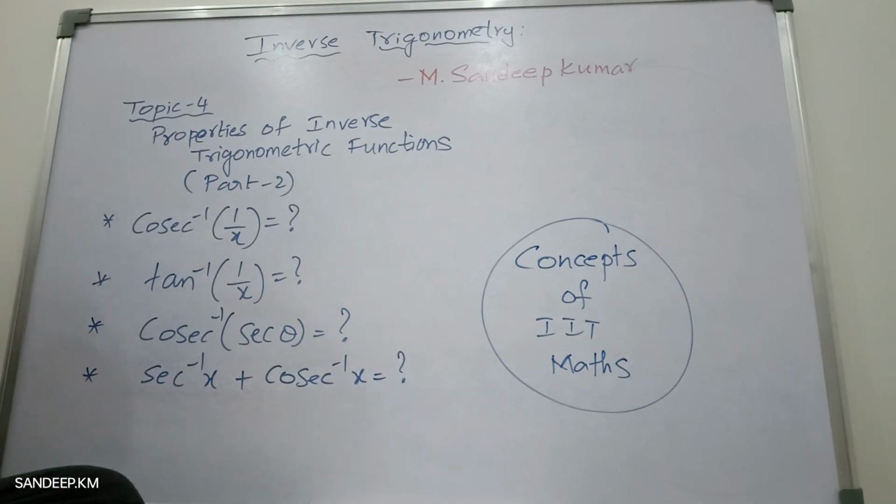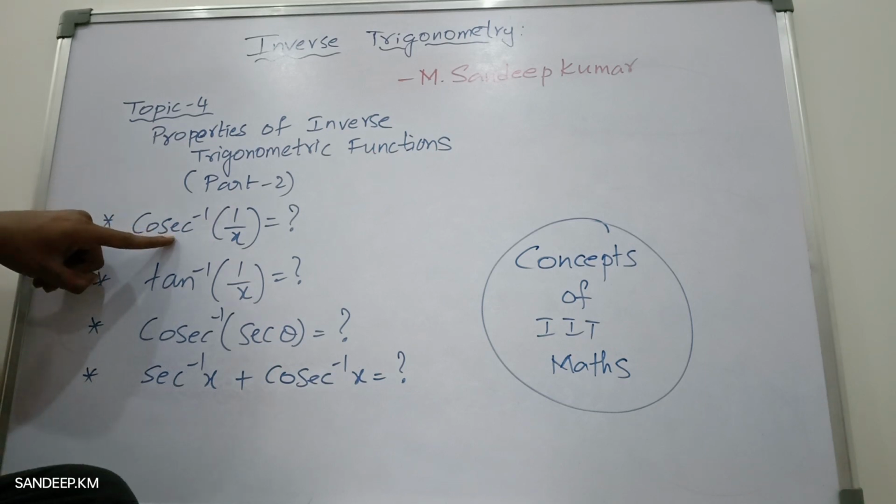We are in the chapter of inverse trigonometry and this is the fourth video. In our previous videos we have already seen the introduction to inverse trigonometry, then the graphs of inverse trigonometric functions, and properties of inverse trigonometric functions part 1. In part 1 we discussed what is sine of sine inverse x, cos of cos inverse x, etc. Sine inverse of sine x, cos inverse of cos x, etc. And then what is sine inverse of minus x, cos inverse of minus x, tan inverse of minus x, and so on. All these three properties were discussed in the previous video, and in today's video we will be discussing